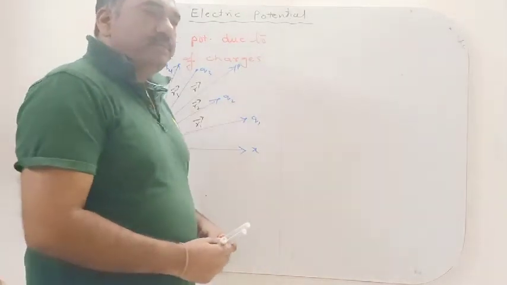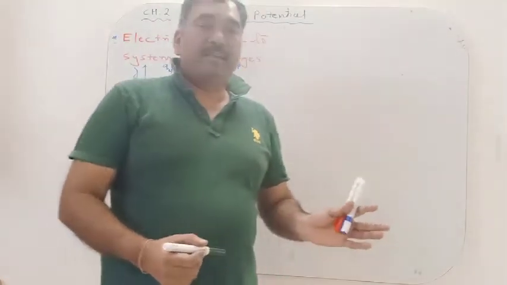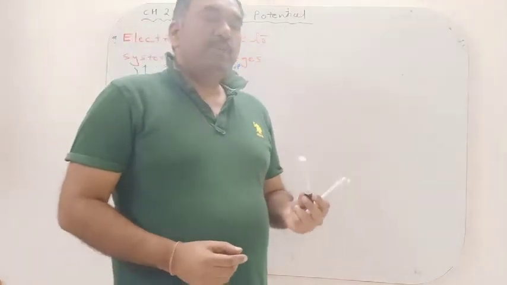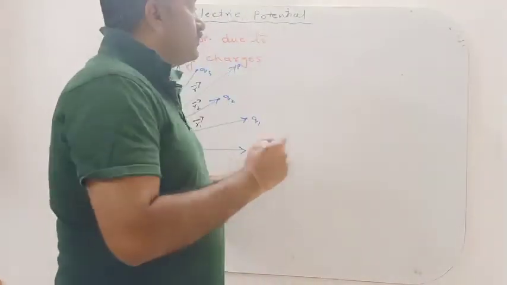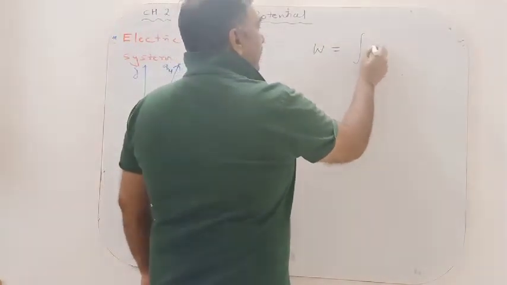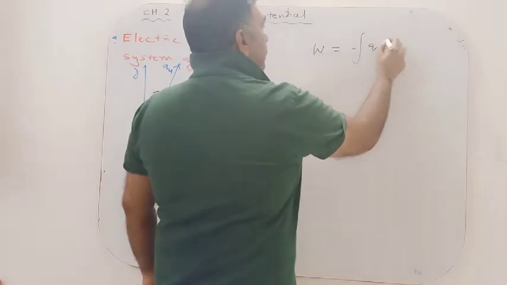Good morning, students. In the last lecture, you studied Chapter 2, that is electric potential, and you had already derived the formula for the work done for a variable electric field, minus E dot dl